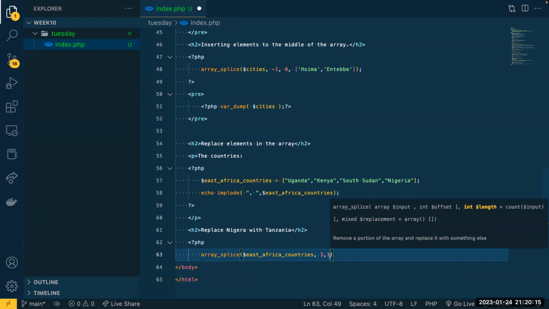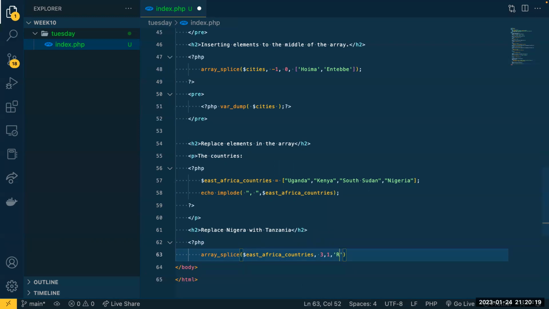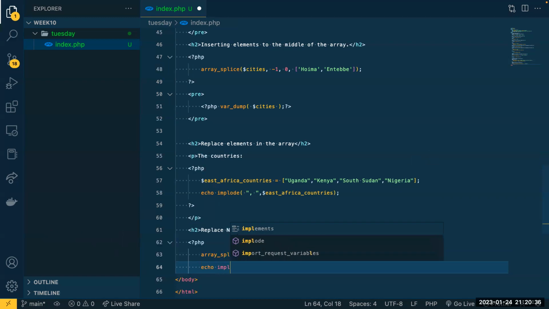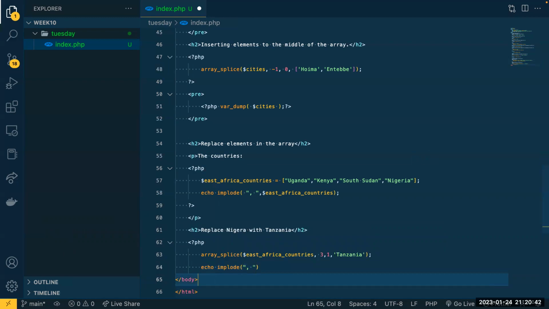That's when we don't use a 0, and we want to specify the value we want to put, which is Tanzania. Now we can join our array again by echo implode and do comma, then another comma, because this takes 2 parameters or arguments,